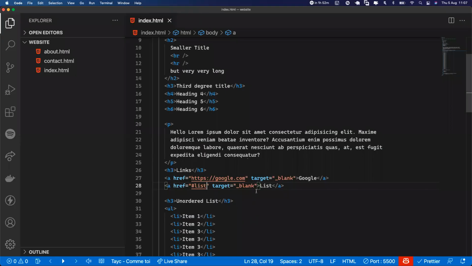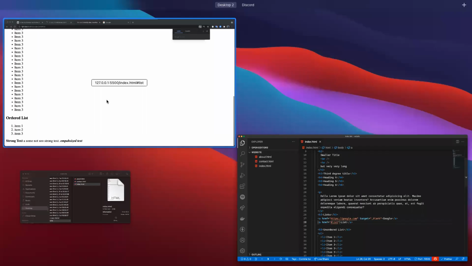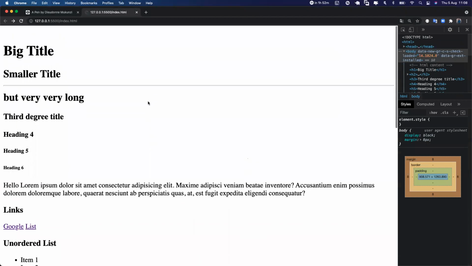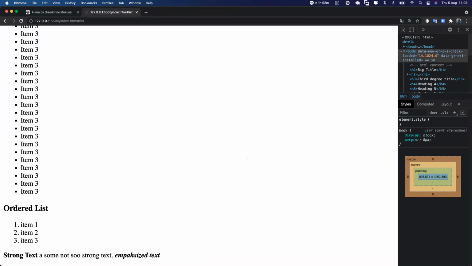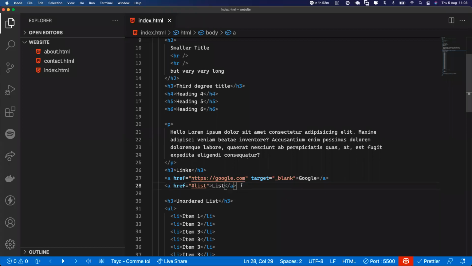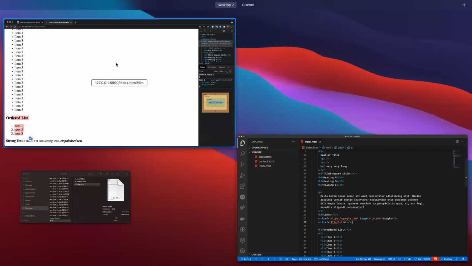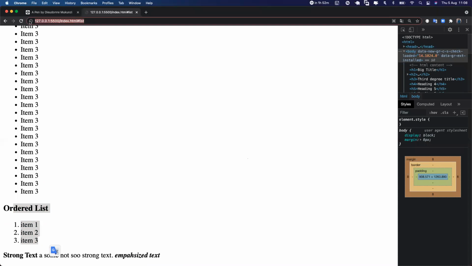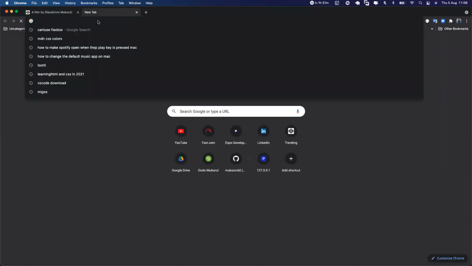If you click on list, let's remove blank from here because it's not going to open in a new tab. We want it to open on the same page. So if you click on list, it's going to go down to the list where we pointed it. This is going to come much later. It's going to be of use if you have a page and want to link to a particular section of it, for example, open it and have it scroll all the way down to a particular section of the page, right? If you close this and open it, it's not open, but if you press this link,